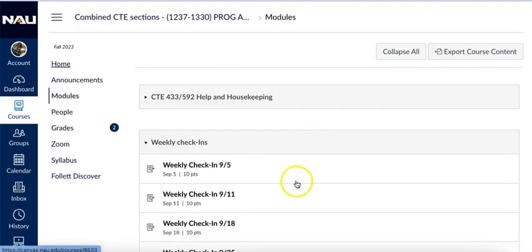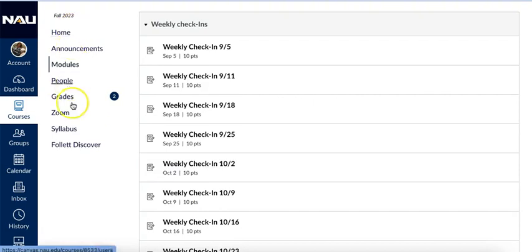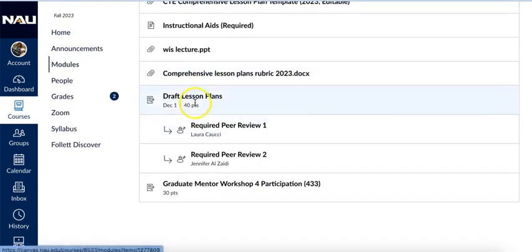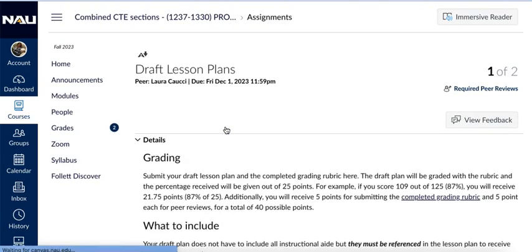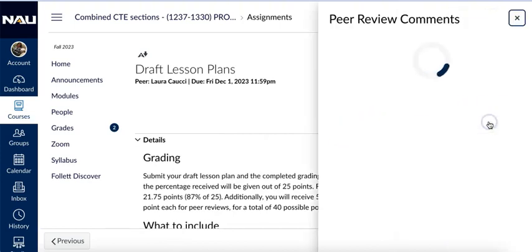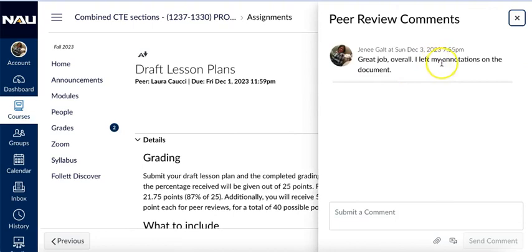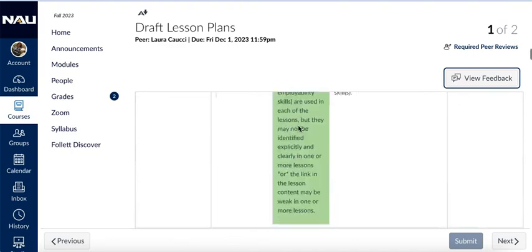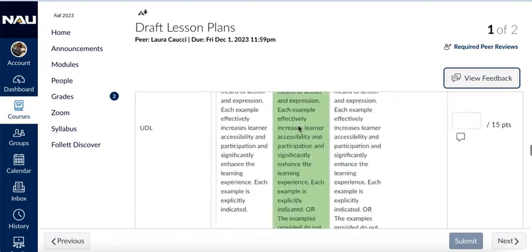which was the modules. If your teacher puts assignments, it might be in the sidebar under assignments, but our teacher is uploading everything to modules. So then I click the first peer review and their document comes up. I can give them comments strictly to them. So you see here that I have been able to leave a comment and I left my annotations in the document. So how to do that as we scroll down through the rubric